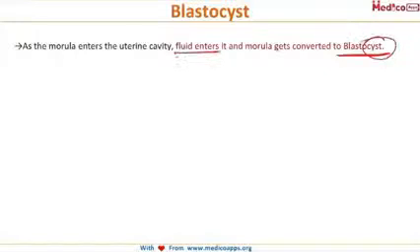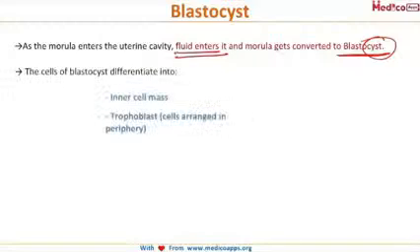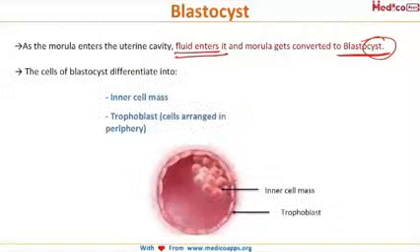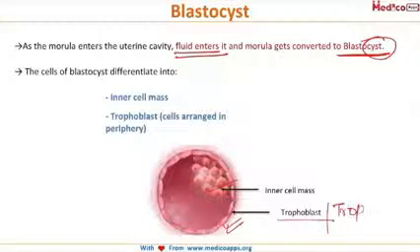Cyst because when fluid enters, it becomes a cyst. Now the cells of the blastocyst differentiate into the inner cell mass and the peripherally arranged cells, which are called trophoblast or trophectoderm, one and the same thing. Now it is this blastocyst which gets implanted. So we'll continue with